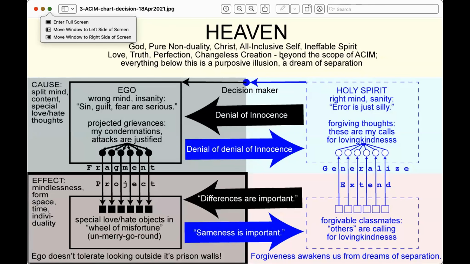It says sameness is important. And that arrow, which contradicts the ego's black arrow going the other direction, says differences are important. That's one of the ego's defining characteristics, saying that what my identity is made up of is all these differences, and those are big deals, and they're serious, and they're big and important. And the Holy Spirit says, no, sameness is really what's important. The fact that we're all fighting the same hard battle, and we're all in it together.